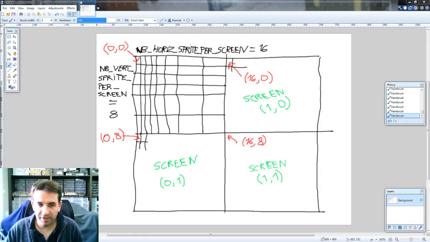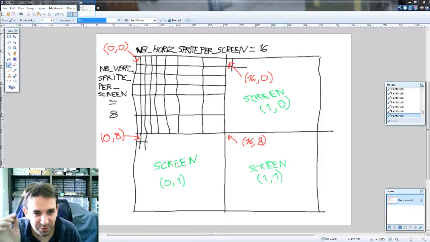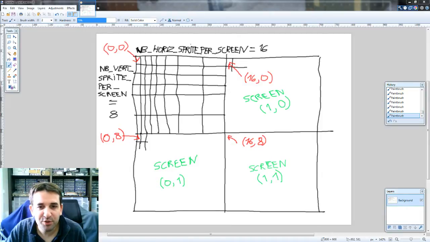Sorry for the drawing. I still have some difficulty drawing vertical lines with my pen. I'm really not an artist. Although I think I'm improving. Like the middle one is quite straight. All right, so